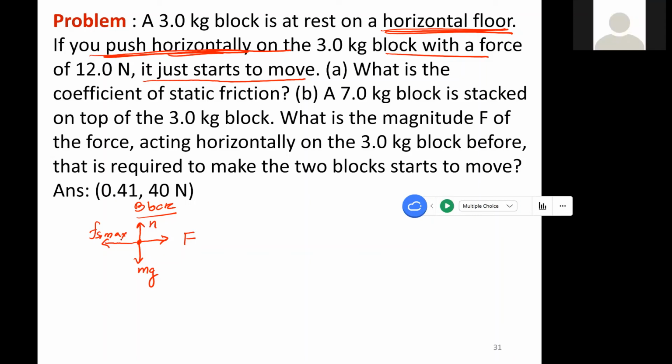Dr. Dungana? Yes. If it doesn't specifically tell you the direction it's moving, but the force it's telling you is positive, like 12 newtons, do we just assume that it's going to the right? Oh, you can assume it as left as well. It doesn't matter. We are kind of used to drawing it like that, but it does not have to be. So let's do this. Still equally valid. Okay.